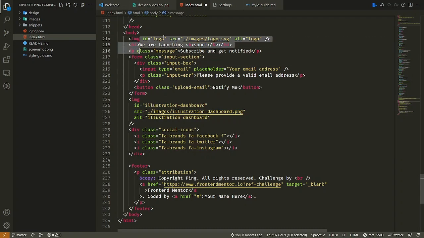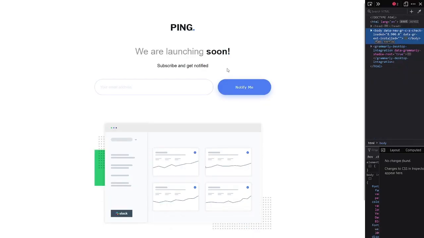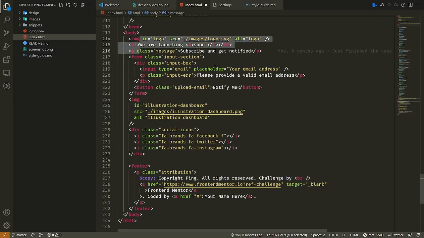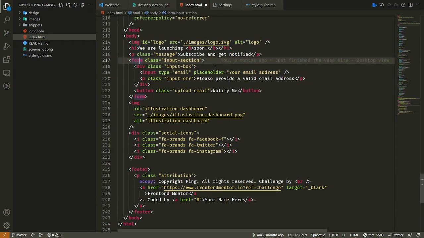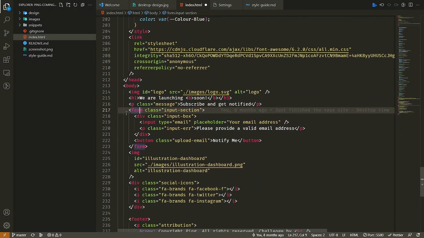So that was fine. So that's basically the logo, the H1, the heading, and then we have a P tag. So it's just all of this right here, from the image, the logo, all the way to subscribe and get notified. So for the form,